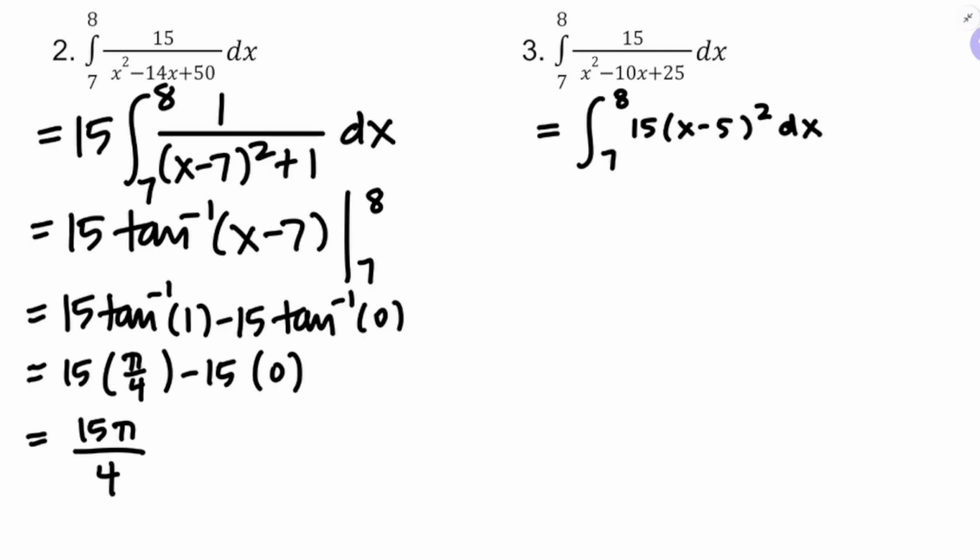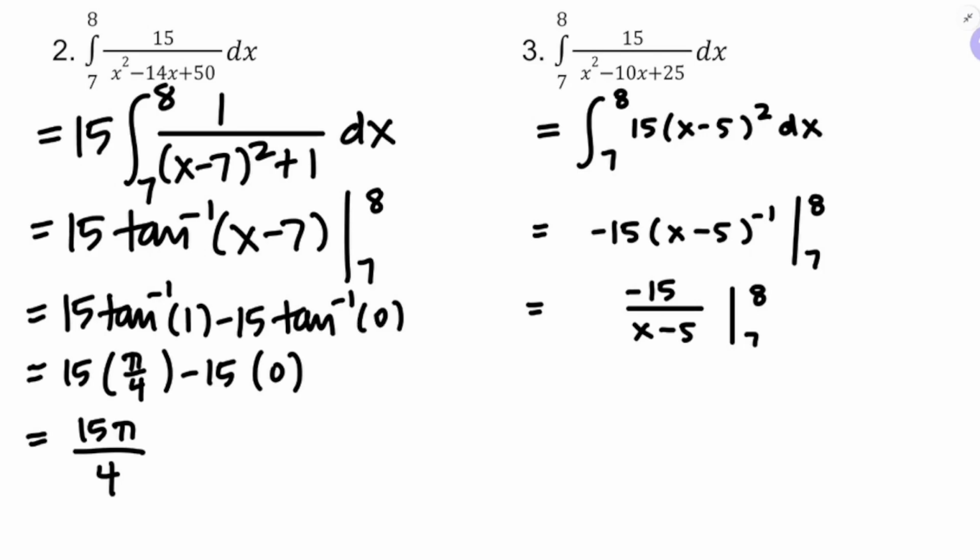Okay, I'm going to apply the power rule, so I'm going to add 1 to the power and divide by the new power. That's negative 15 times x minus 5 to the negative 1, from 7 to 8. Okay, plug in the bounds. Maybe I'll rewrite first, I kind of got in that habit in the last lesson when we were doing all those improper integrals. But okay, so negative 15 over 8 minus 5, minus negative 15 over 7 minus 5,